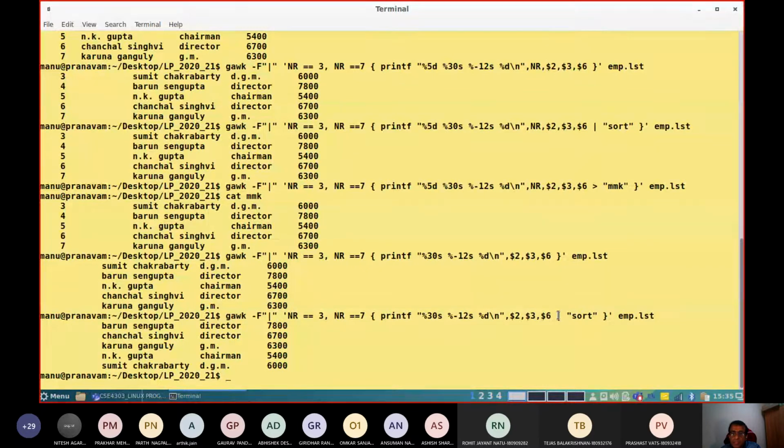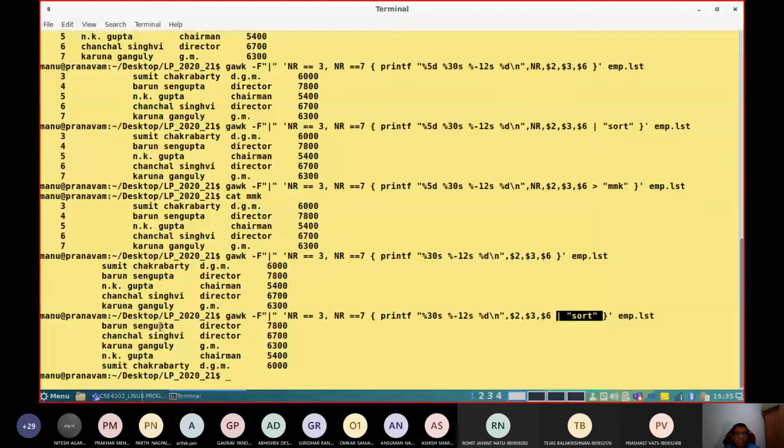Within that, I am piping the output, and I don't want to print it on the monitor. Instead, the output I am going to give to another program called sort, the built-in program. Sort will sort the multiple input data and display the output.